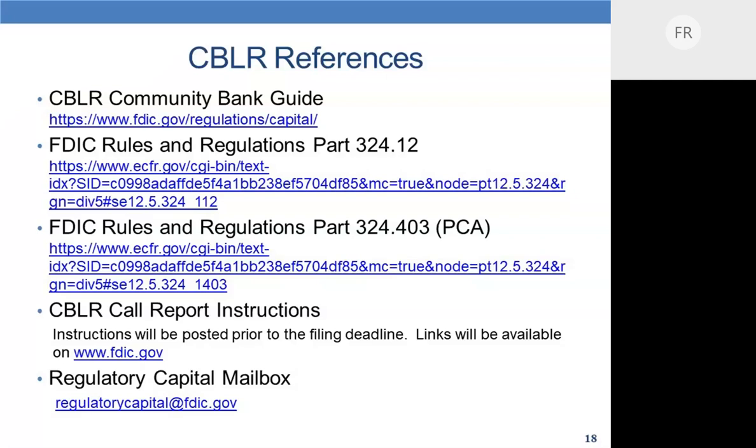Another question that we received today deals with how financial assets sold with recourse are treated with respect to the 25% off balance sheet exposure. So the answer to that, a bank should look to the capital rule's definition of a credit enhancing representation and warranty. If you sold a financial asset with recourse and that transaction meets the definition of a credit enhancing representation or warranty in the capital rule, then you would have to include the total amount of that exposure amount in the off balance sheet